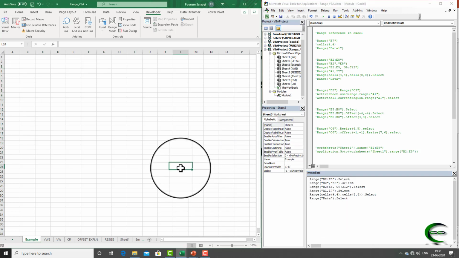So this is how we can refer to a single cell or multiple cells in Excel VBA. I am using Select for the sake of example only. Actually in VBA you are not required to select the range like in a worksheet. While working in an Excel worksheet you need to select a cell, then you update a value or formula or formatting. But you can do this in VBA by referring only. If you use Select, it is very poor programming.